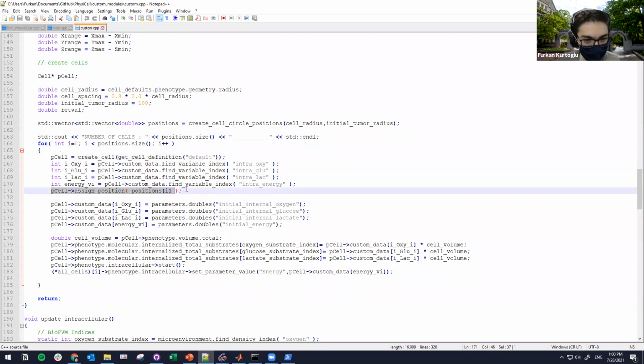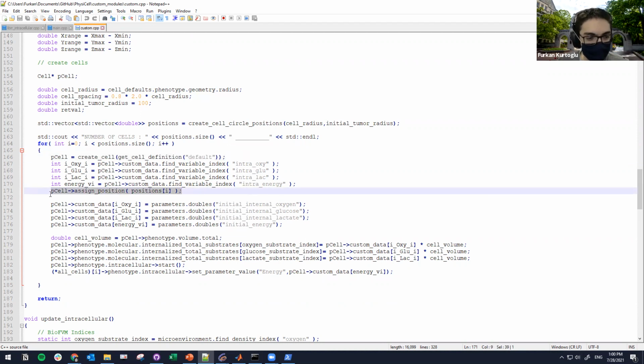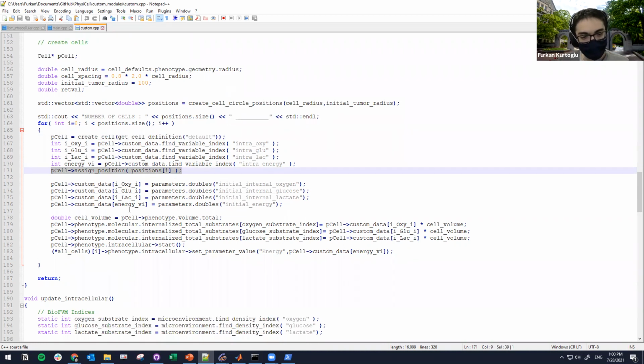So after this is okay. We are creating a cell in this cell definition, and this is where we seed the cell, and then we are assigning the position. The one important part is in here. We are starting the SBML. We should start the SBML or intracellular in the code, because we are saying that this has an intracellular part,